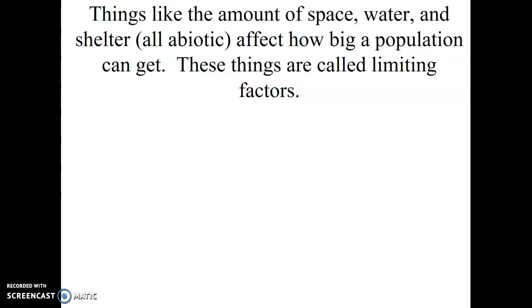Things like the amount of space, water, and shelter are all abiotic factors. Those all affect how big a population can get. Remember, a population is a group of all the same kind of thing. These factors are what we call limiting factors. Again, this is something we'll expand on later on, but just to give you an example,